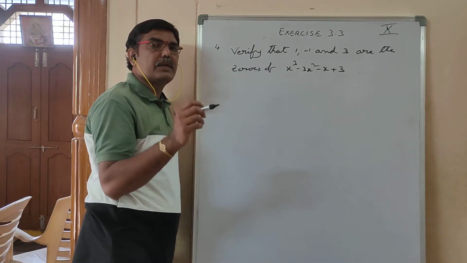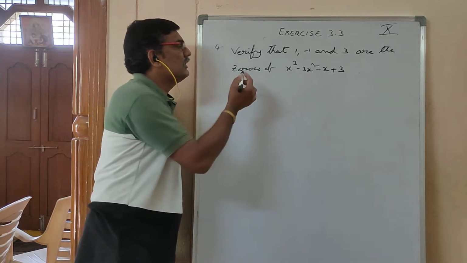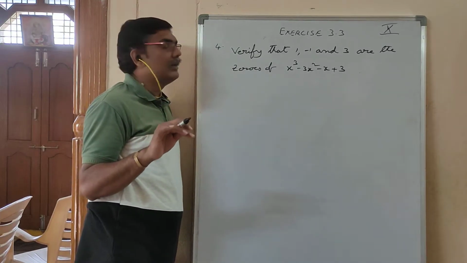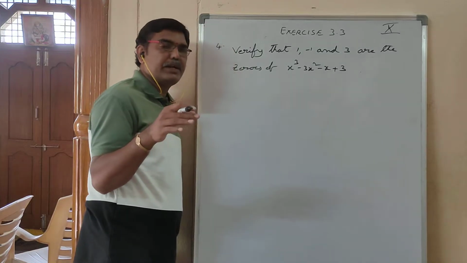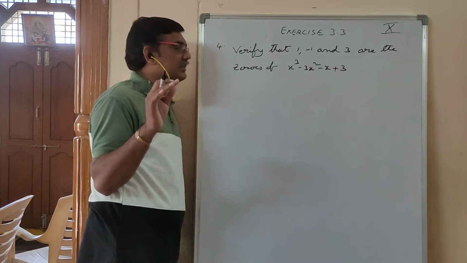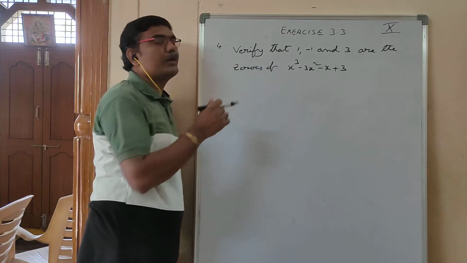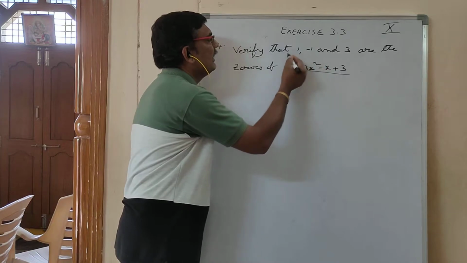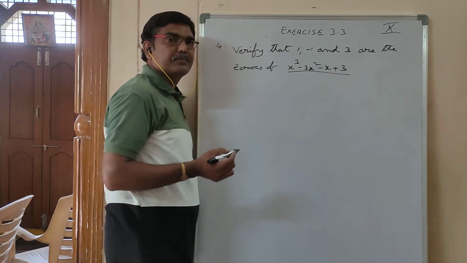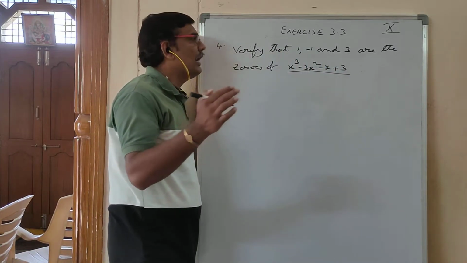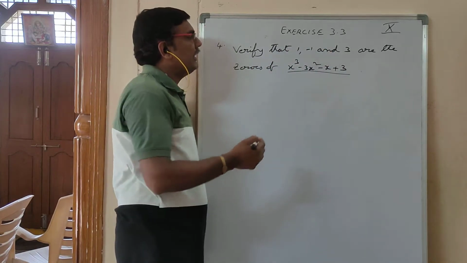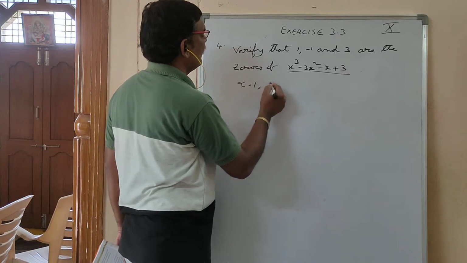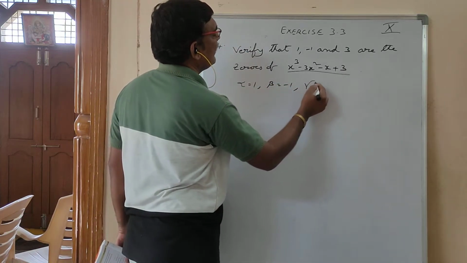Till now we discussed a quadratic polynomial. Now this is a cubic polynomial, so the same formulas won't apply. For the quadratic polynomial I already explained to you, remember the practice. Now we will see the cubic polynomial. As I said, if it is a cubic polynomial, the degree of this polynomial is 3. So if the degree is 3, you have 3 zeros. These 3 zeros you have to assume as alpha, beta and gamma.